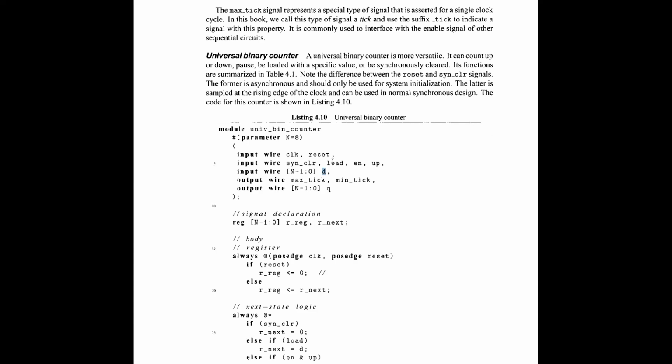So these sort of counters can use these loading conditions. And then you have two alarm signals, maxtick and mintick. Because it is an up counter and also a down counter, it will have both maxtick and mintick: mintick for the down counting and maxtick for the up counting.